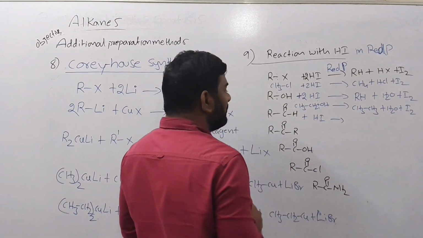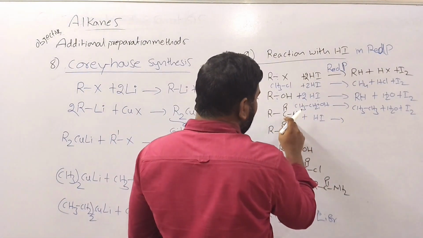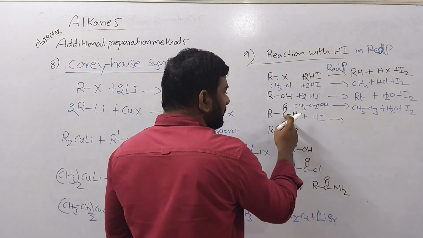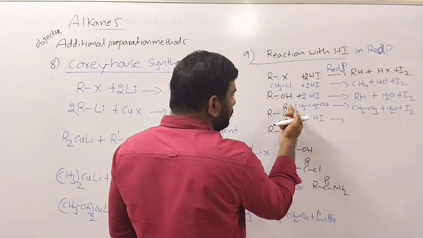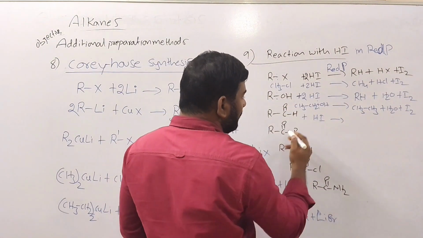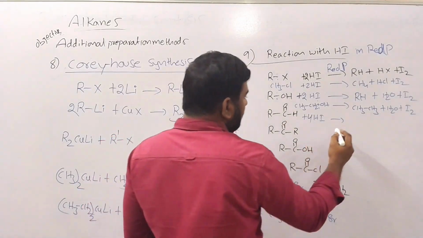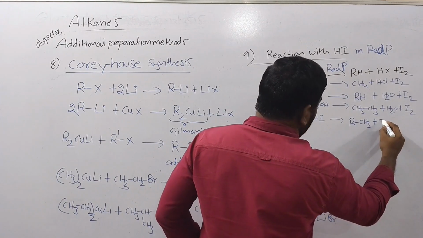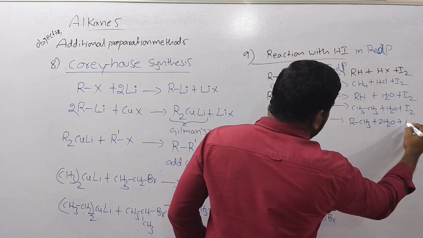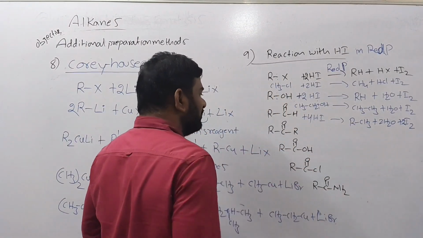In this way, if you take aldehyde also, here you have to add HI. How many moles of HI do you have to add to this carbon to get alkane? You have to add 2 more hydrogens. To get CH3, already one H is there, so 2 more hydrogens are required to remove oxygen as water. So you can take 4 moles of HI. So RCH3 plus 2H2O plus 2I2 we will get. In this way you have to balance.